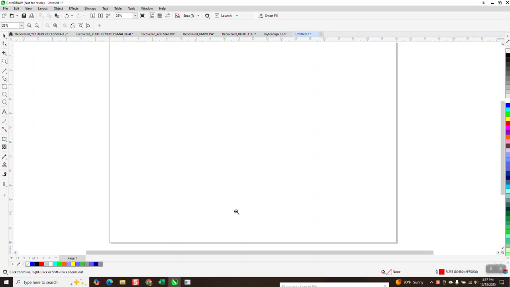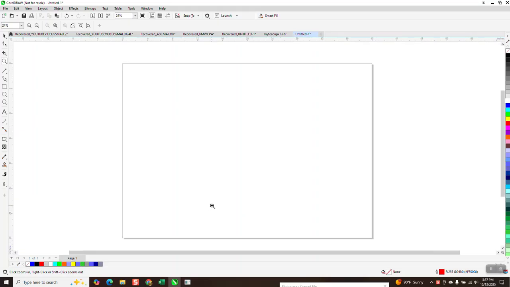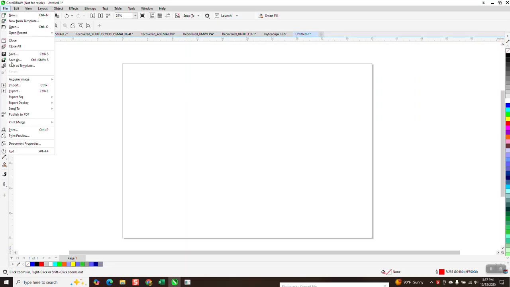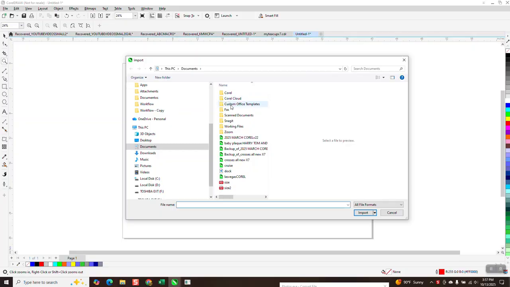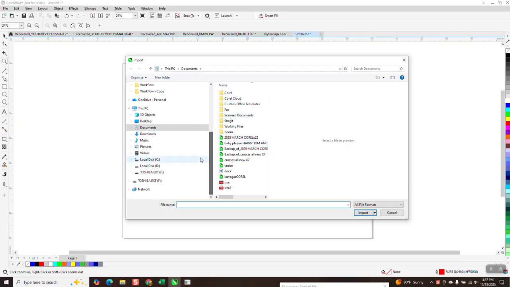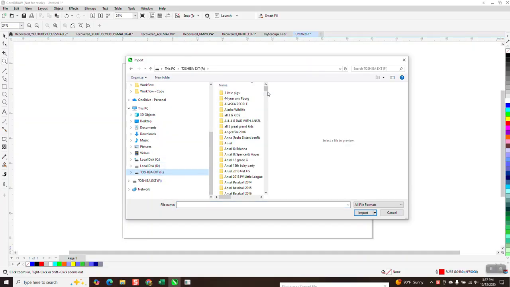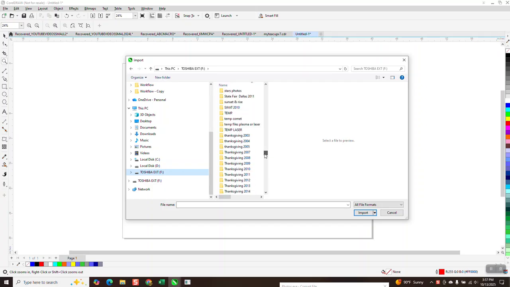This is about importing files, mainly photographs. So let's say I'm doing a photograph collage and I want to bring in a bunch of photographs. I'm going to go to File and Import, and I'm going to go to my file, wildlife. I take a lot of wildlife pictures with my trail cam, and if I want to make a collage, I